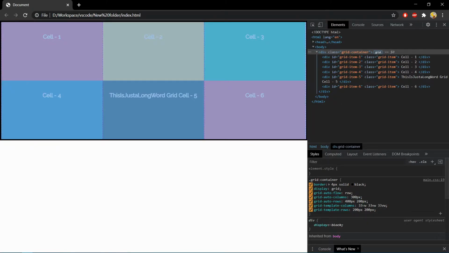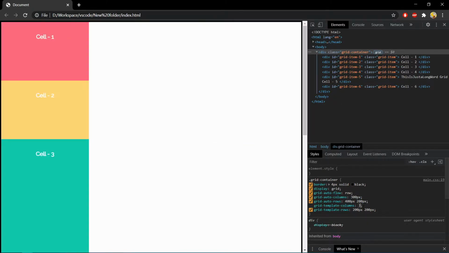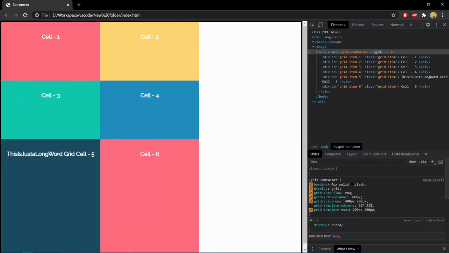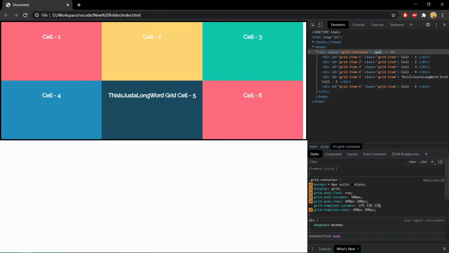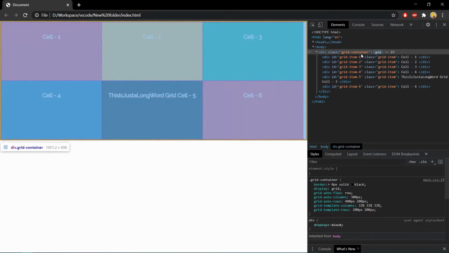You can use percentage also, let's say 33% again. Now as you can see, all columns have equal width, which is 33%.